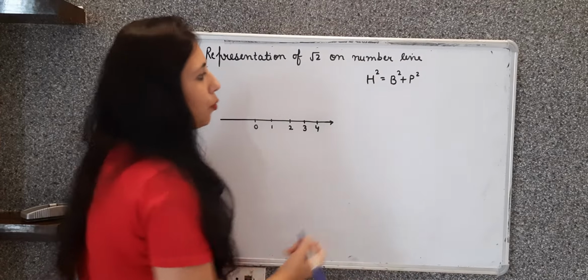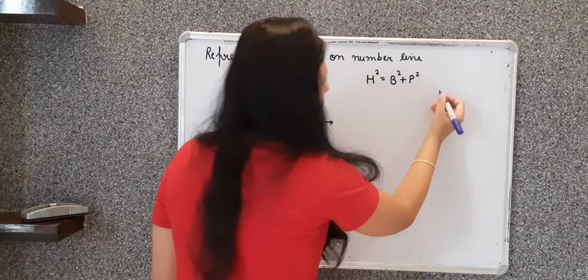In a right angle triangle, this is my base, this is perpendicular and this is hypotenuse. The number that I want to represent on the number line, root 2, I want as my hypotenuse. So if I take the square root,